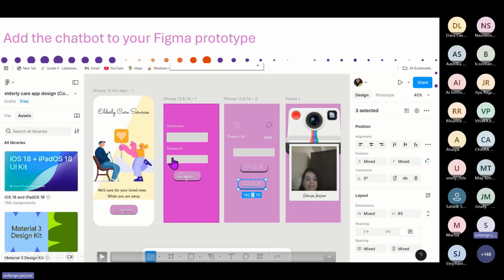So now, after creating the chatbot, I need to add it to the Figma. And those who ask about how to create an application in the Figma, this is what we did in the last session. So please feel free to go watch the previous session to learn more about Figma and how to create the application. So in the last session, we created the main page, we created login page where we have